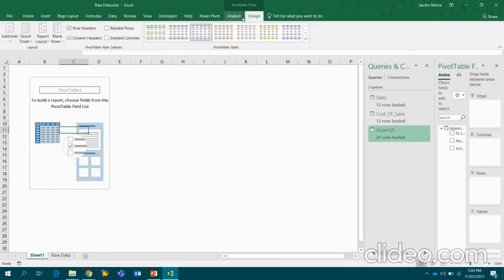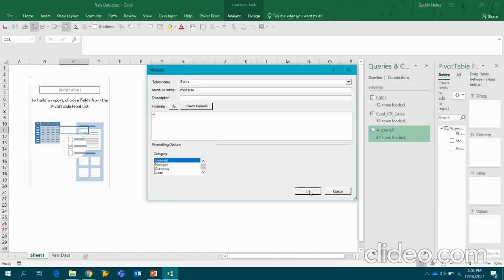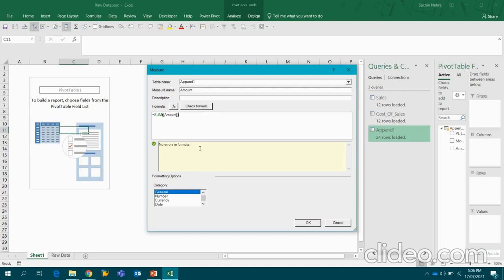Now I will come here and I'll click on new measure. I'll select the table where I want to create the measure, which will be my append one. My very first measure will be for amount, which will be a simple sum of the amount column. I'll check it, it is correct, there is no error in the formula, I'll click OK. Actually it is saying there is already a field having the name amount, which obviously is there, so I'll call it amount, let's say 1. I'll check it,